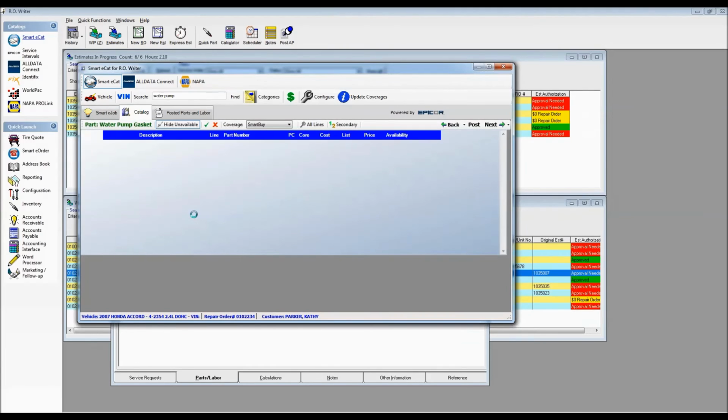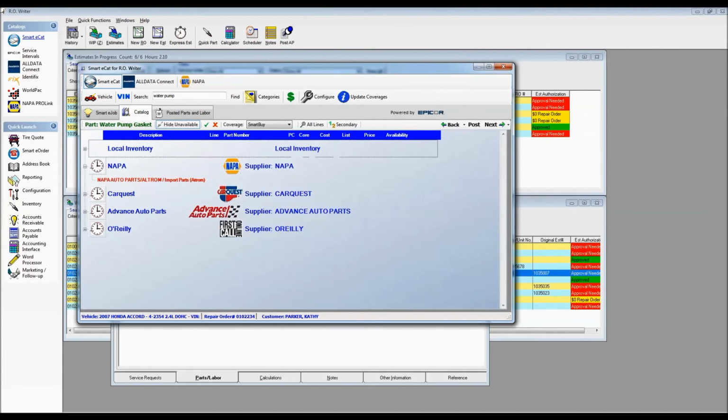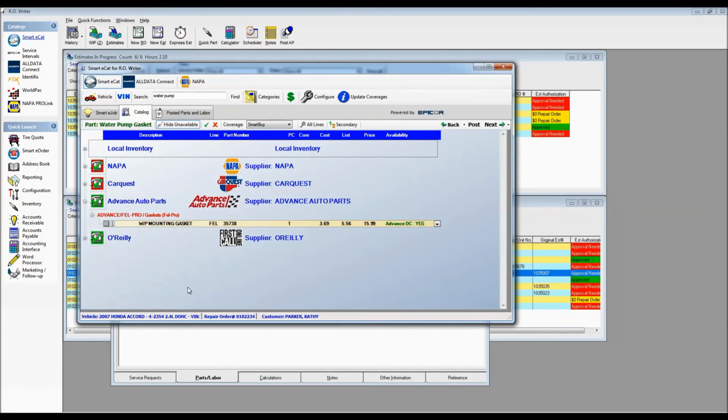Once I double click on it, it now does the query, and it says, well, Napa, CarQuest, Advance, O'Reilly, who has one available? In this case, from my suppliers in the sequence in which I prefer, the first one I can find that from is our friends at Advance. I'll check the box, and if I'm not looking to add any additional labor for this part,